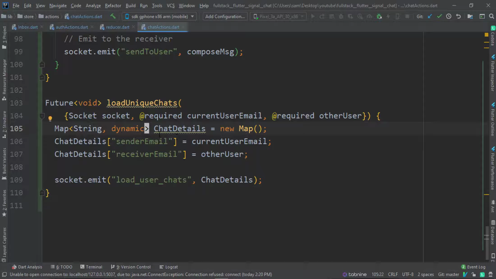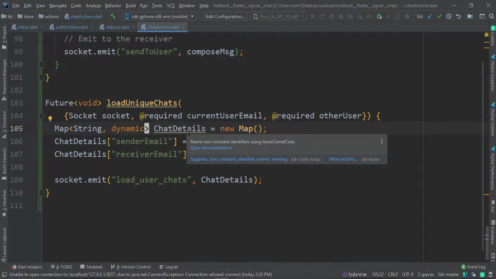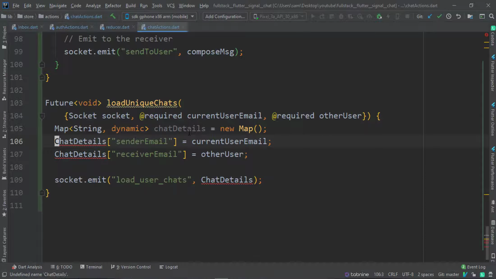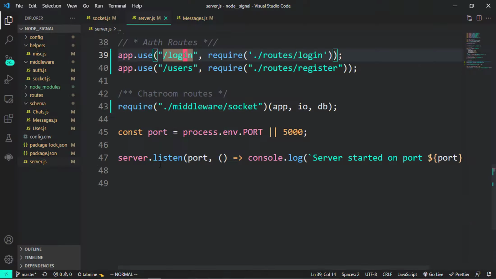I don't know why we are getting this little error. So go ahead and change this to small or camel case, which would be the best. And that's it. So go ahead and save that, the load user chat. Then coming back to our server,